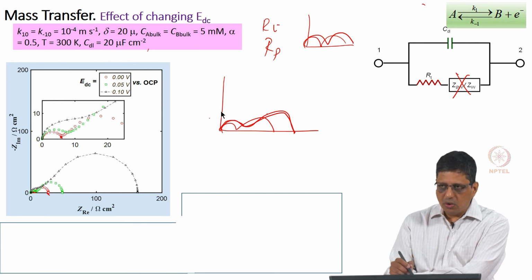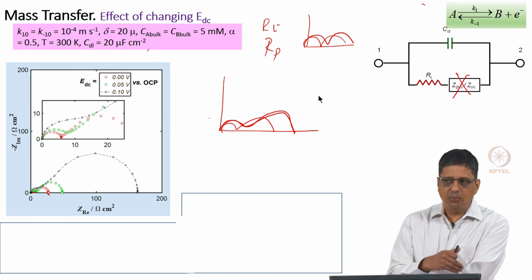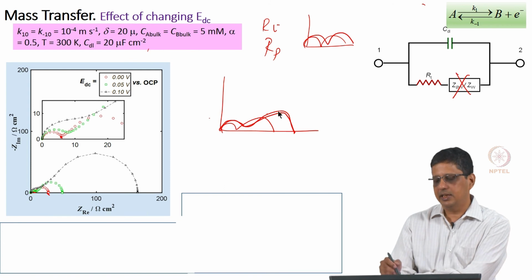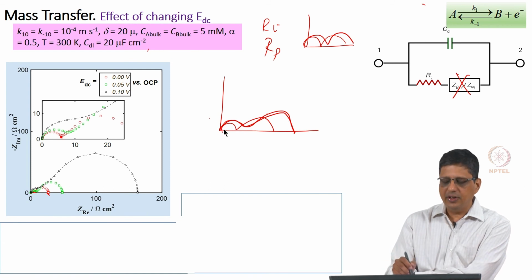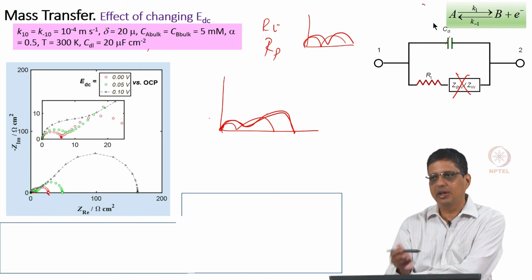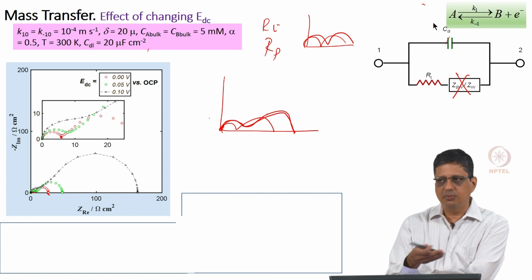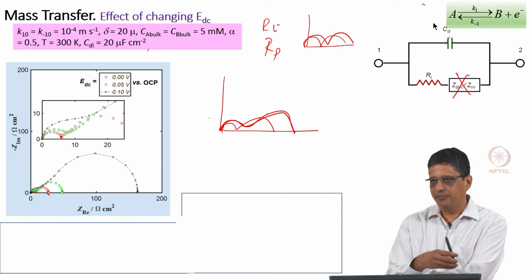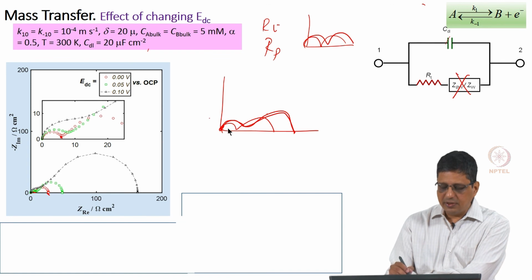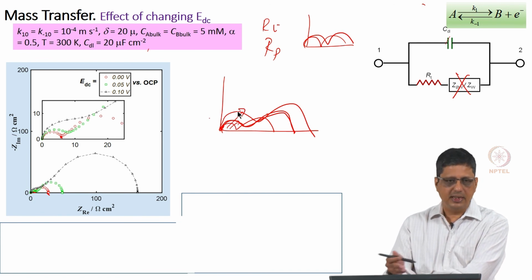So, when I go to a larger potential or a more negative potential, in both cases the impedance will increase, impedance at the mid and low frequencies will increase. High frequency, of course, is determined by the capacitance value; as long as the capacitance value is assumed to be the same, you will get similar results. But plus 50, plus 100 will give like this, minus 50 will also go in the same way, minus 100 will also come in the same way, and a spectrum for plus 100 millivolts will show up.